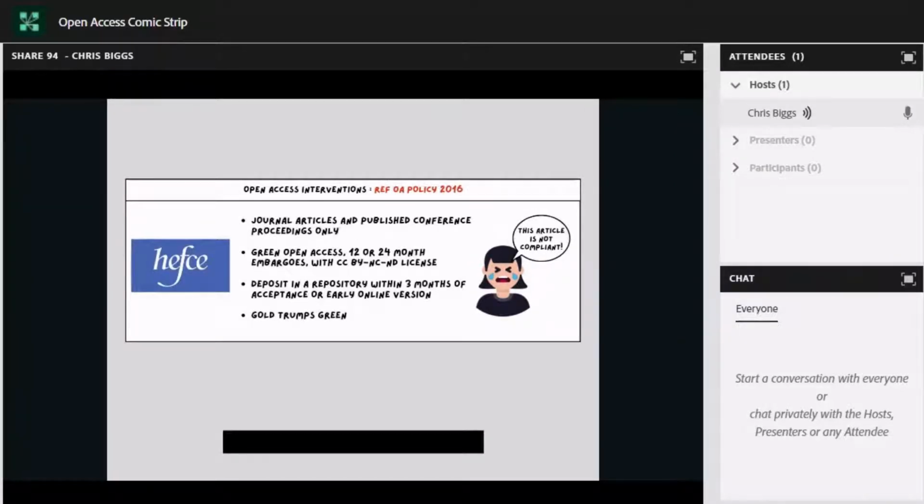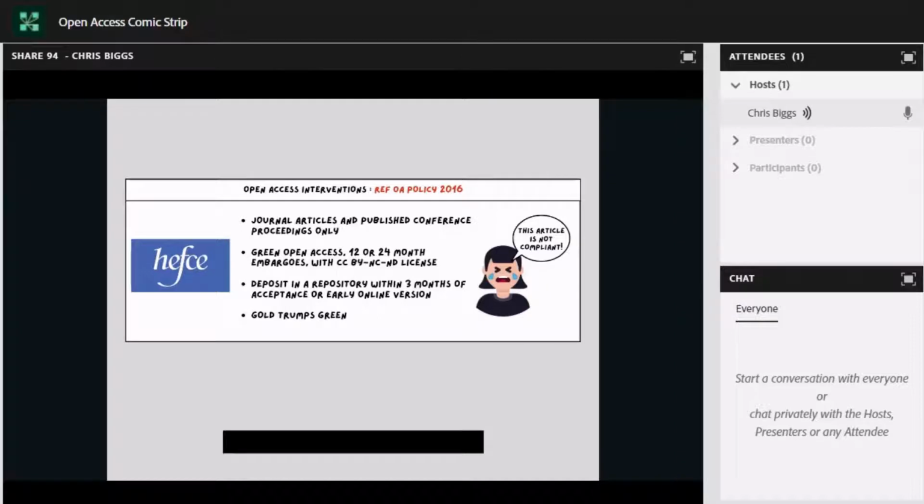In 2016, the REF policy was about tying open access with eligibility for the REF 2021 cycle. The REF policy could not provide a central fund as the monies would have been enormous, so they relied on the green route to open access. Consequently, they were less demanding regarding the length of the embargoes and the licences than the RCUK policy. They allowed 12 months for STEM and 24 months for arts, humanities and social sciences. They did introduce a requirement to deposit within 3 months of acceptance or first online publication.